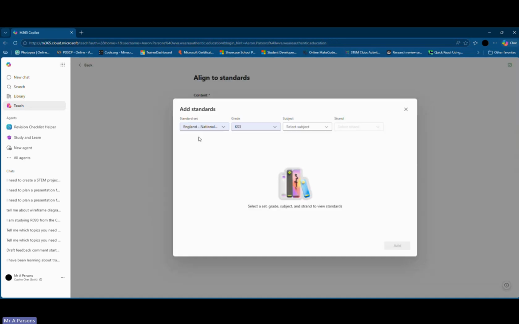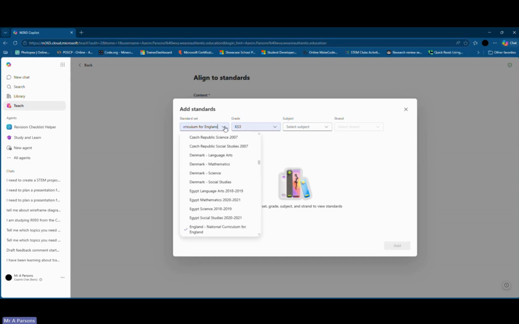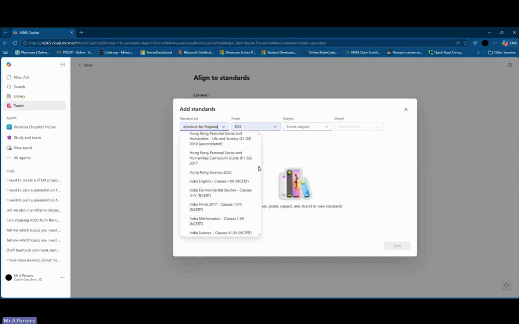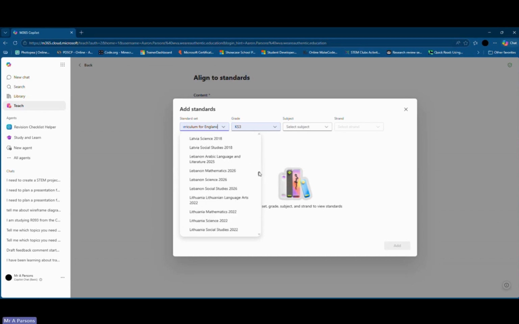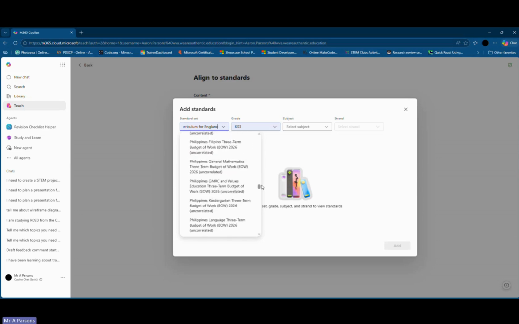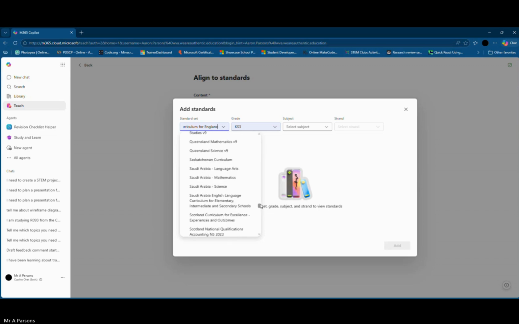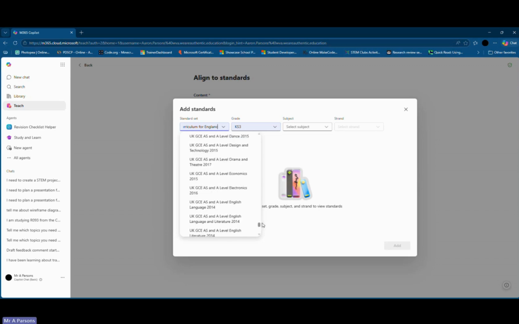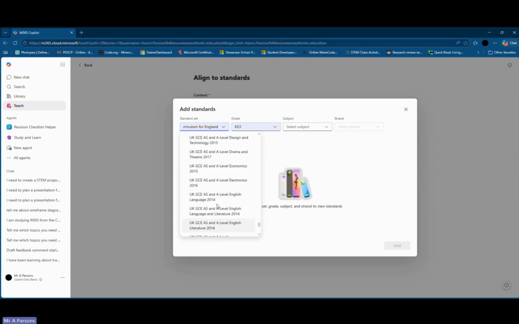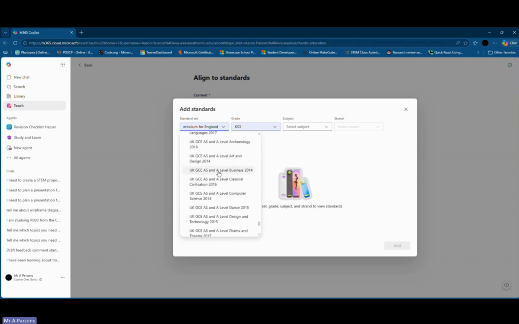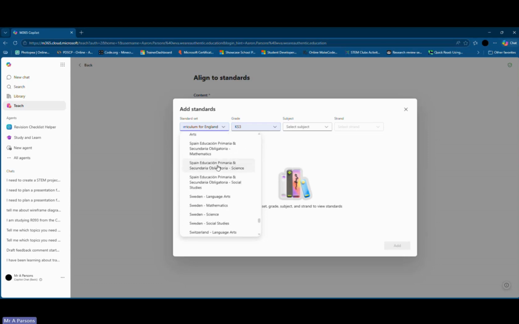So you would have had your text in there. And obviously here I've got it set to the national curriculum standards, but depending on where you are in the world, there are many, many different educational standards in there that you can add in, and they are adding more all of the time. So, hopefully yours are in there. UK ones are in there, the GCSEs and things, those have gone in there. So, GCE, A-level business studies, so on. So those are in there.